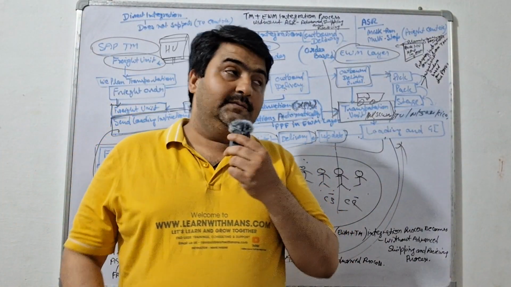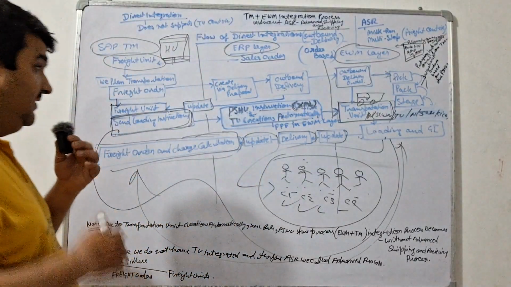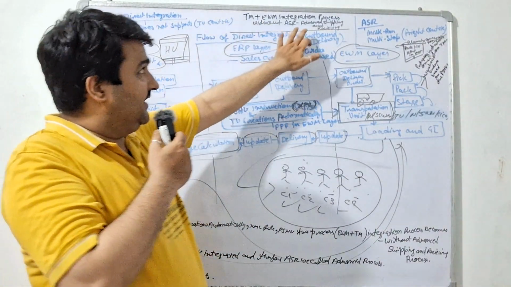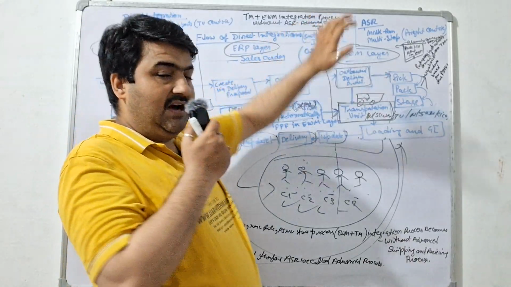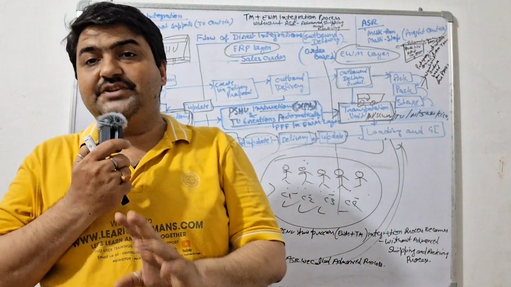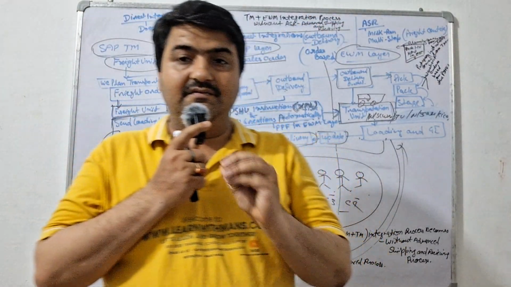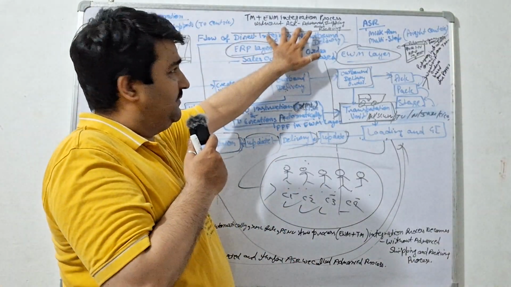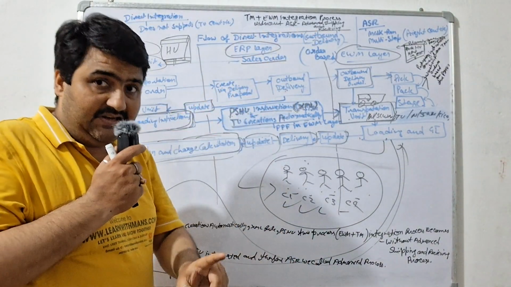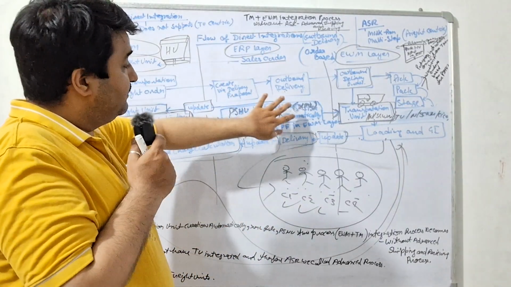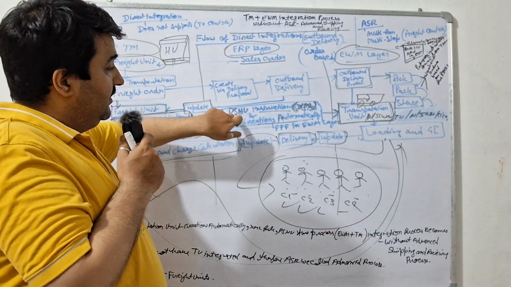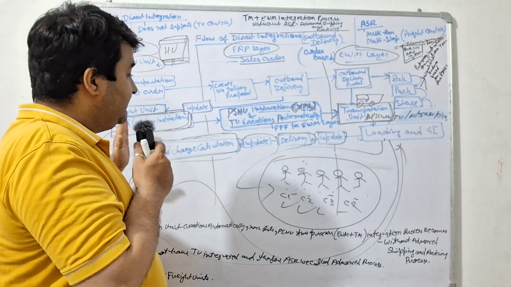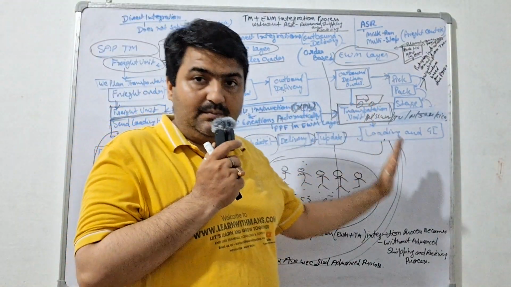Welcome to the session. In this session, we are going to understand the SAP TM EWM integration process without ASR, without advanced shipping and receiving. Very simple point. Whenever we talk about without advanced shipping and receiving, this process is PSHU, plant shipper handling unit instructions, which the TM system sends to the EWM system